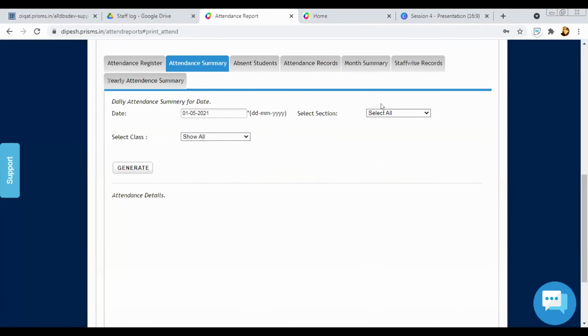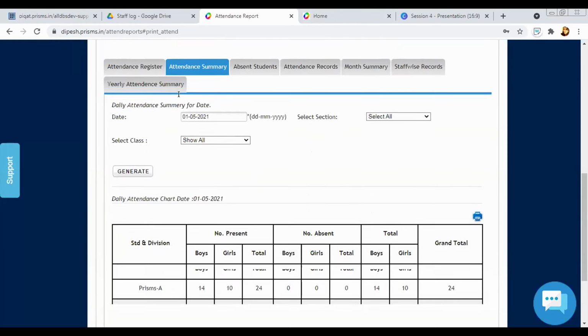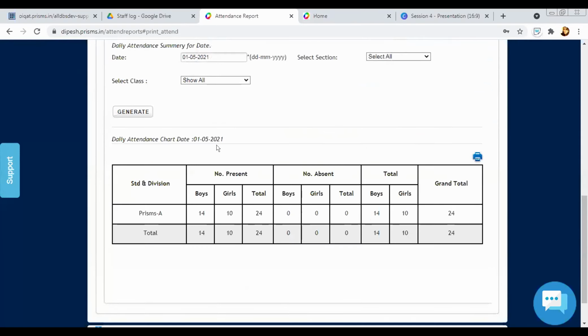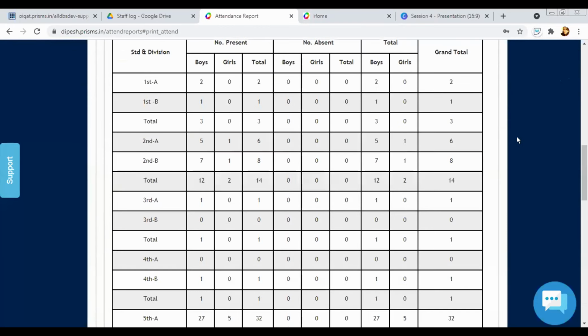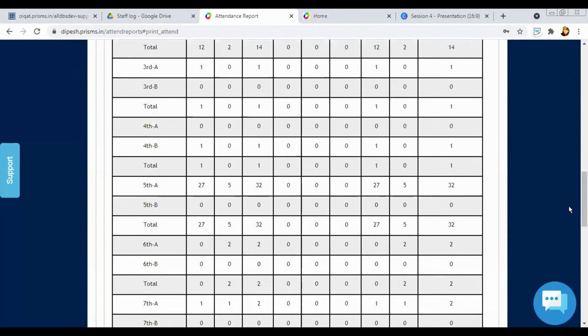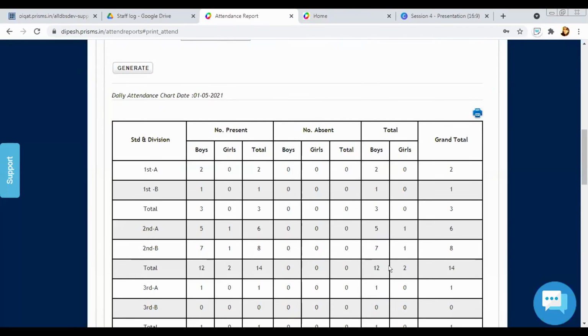In attendance summary, you will get a summary of all this. You can select all, then generate. So this is a day-wise summary: for a particular date, what is the total register, present boys, number of absent, and this way. This is one report. Another report is